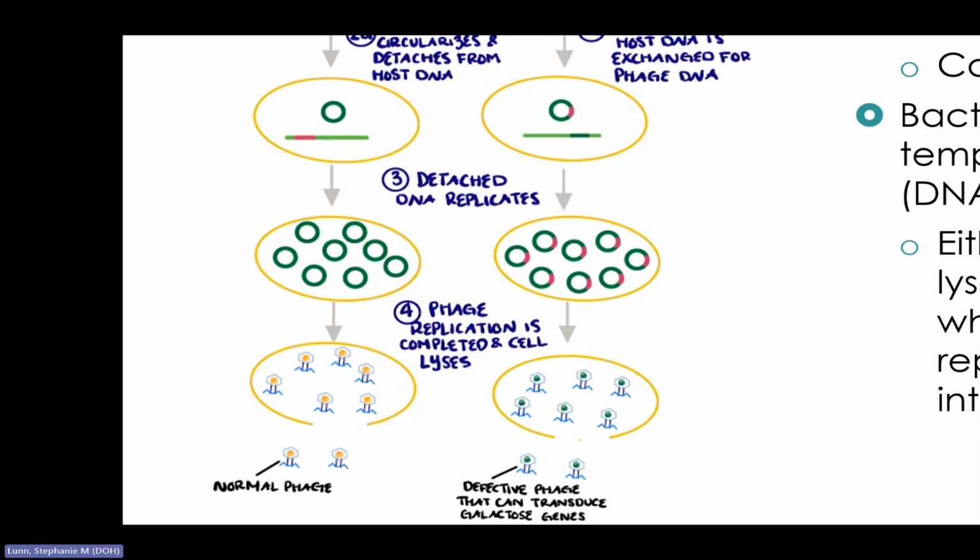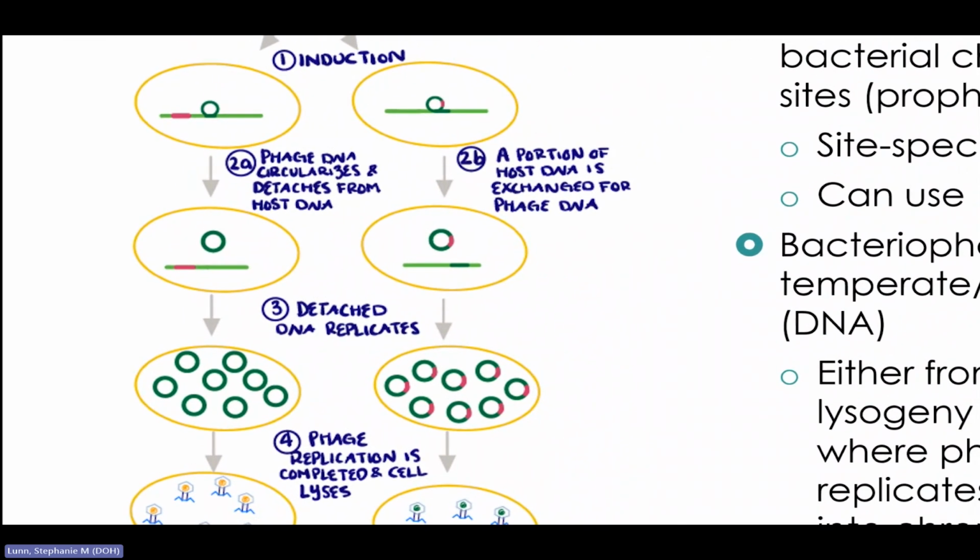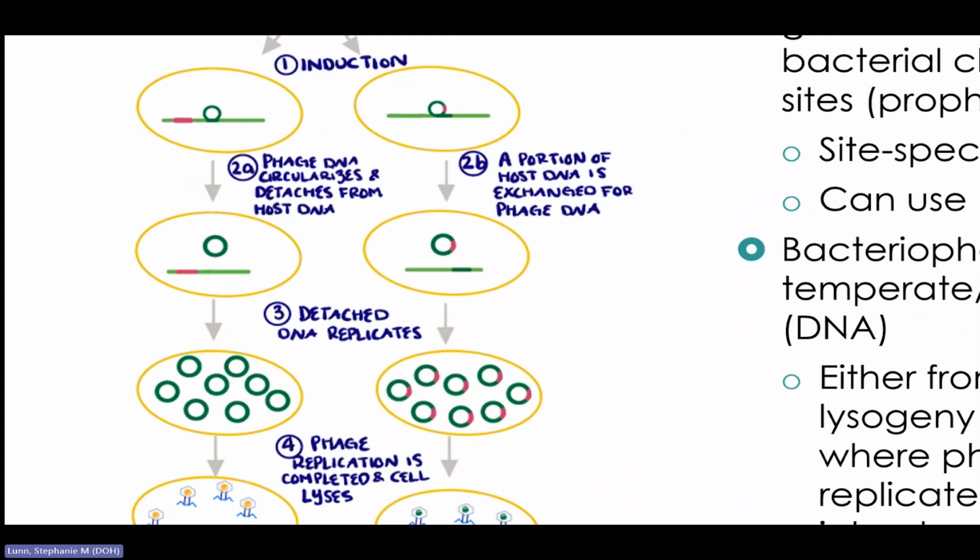But in a more rare event, as we see here on the right, a portion of the host DNA is exchanged for phage DNA. So when the DNA replicates, it includes the host DNA. In this scenario, we see the galactose gene here in pink. I know it's probably a little bit difficult to see, but we see that the galactose gene has been exchanged